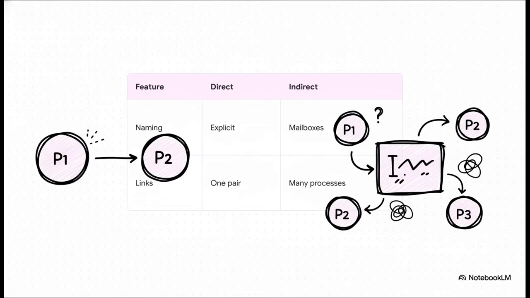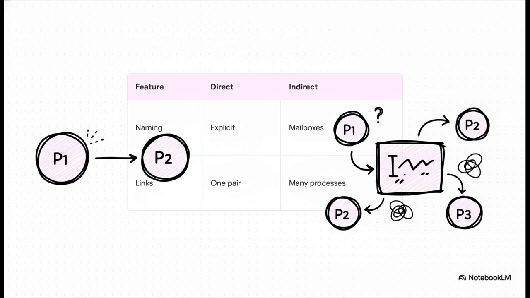When we build message passing systems, they can use either direct or indirect communication. In direct communication, the sender has to explicitly name the receiver. It's a strict one-to-one link. But indirect communication uses shared mailboxes with unique IDs. And this is where it turns into a really fun logical puzzle. Think about it. If processes P1, P2, and P3 all share mailbox A, and P1 drops a message in, who